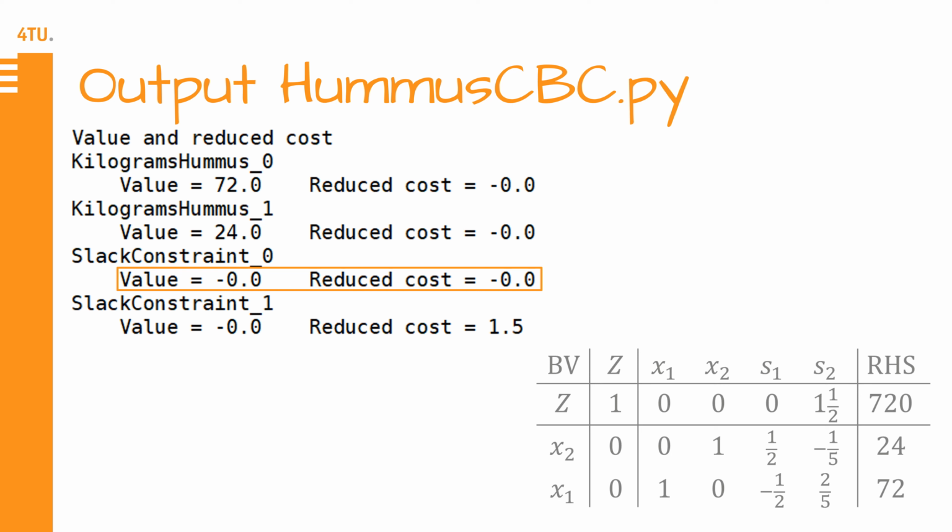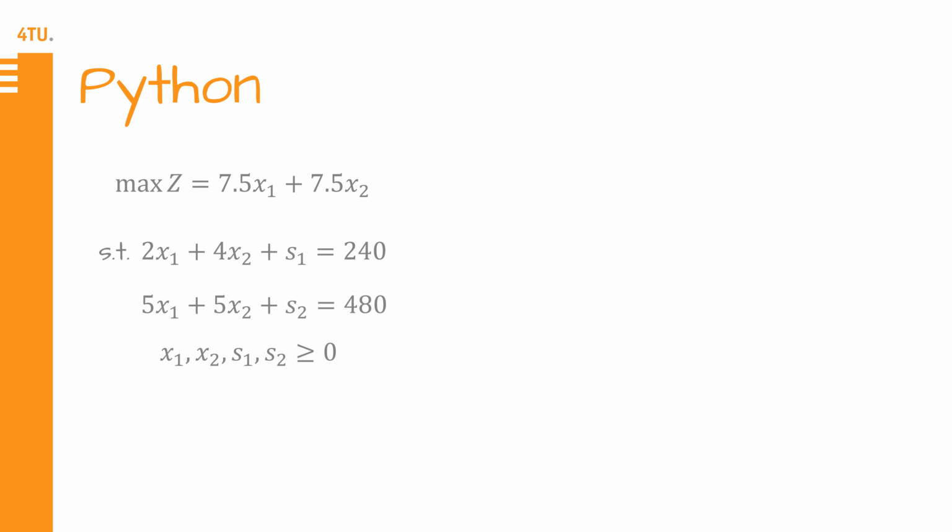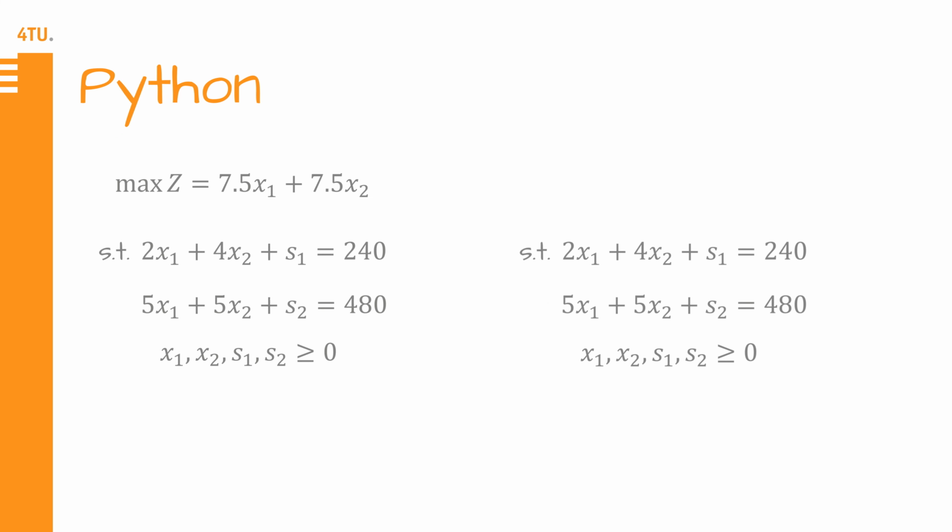To find another optimal solution using Python, we need to make some modifications to the model. We start with the model in standard form. To find another optimal solution, we need to keep the original constraints. The other optimal solution that we want to find will have the same objective function value. This is added as a constraint. Recall from the simplex method that we can increase slack variable s1 without any cost. To find the next optimal basic feasible solution, we want to increase s1 as much as possible. This is modeled with the objective function.